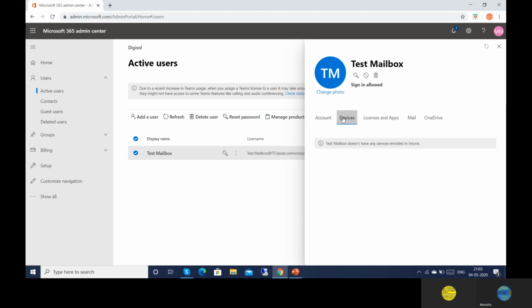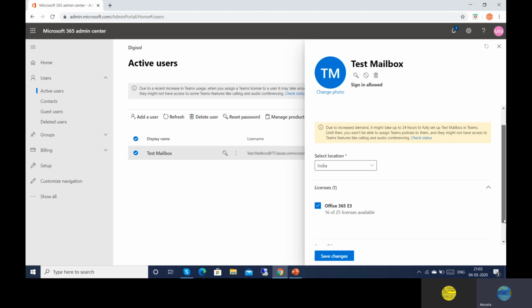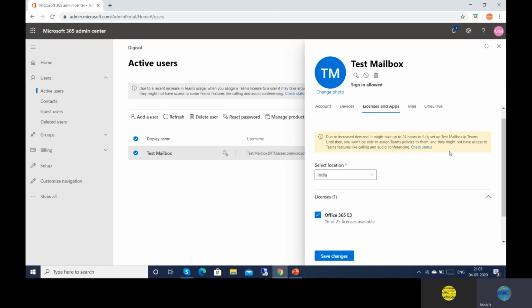Devices, test mailbox does not have any device related to MDM or mobile device management. It is showing it is not enrolled to any device, so it is not showing anything. License and apps, it is just showing the license and region where this mailbox is situated, right?